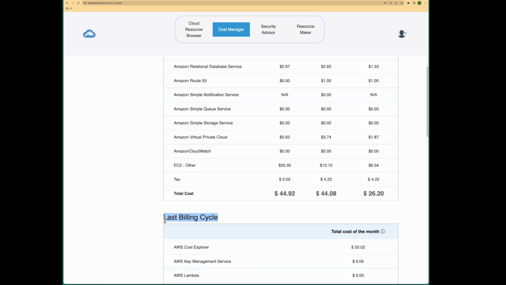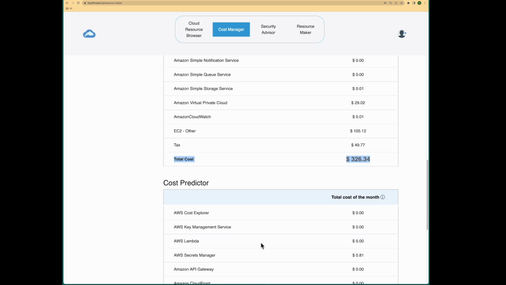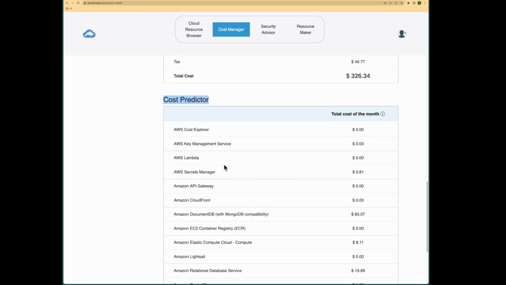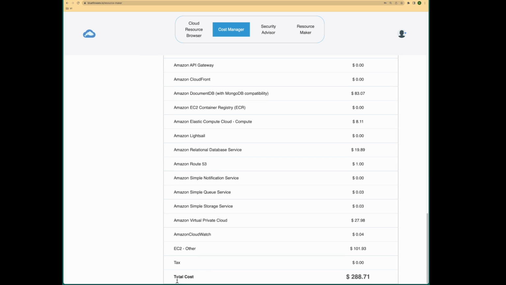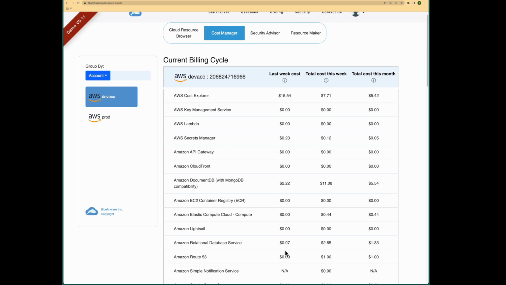Then the last billing cycle cost for dev ACC account is also shown along with the total cost. Then the predicted cost for this month for this particular dev ACC account along with cost breakup for the various resources is shown. There are three tables that are being shown for each account. Since this is an account-wise view, this will help you drill down into each account at